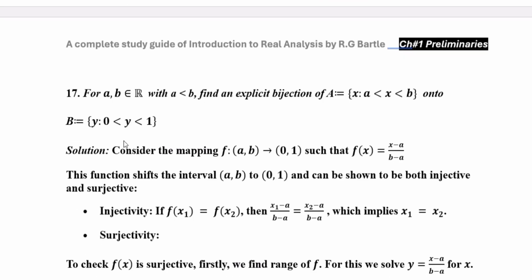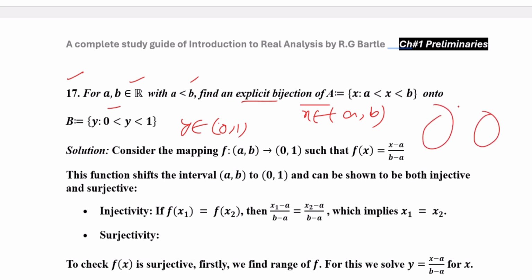Next, question number 17. Question number 17 is an interesting question which says that for all positive real numbers a, b with a less than b, find an explicit bijection of A, where A is an open interval, onto B, which is also an open interval. In other words, we need to find a bijection like this. We need a bijection. Explicit bijection means